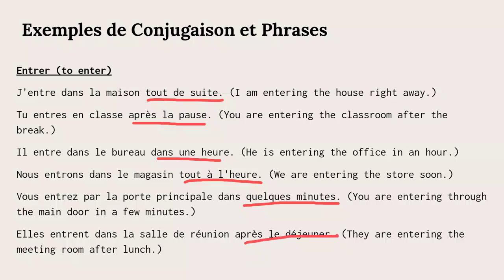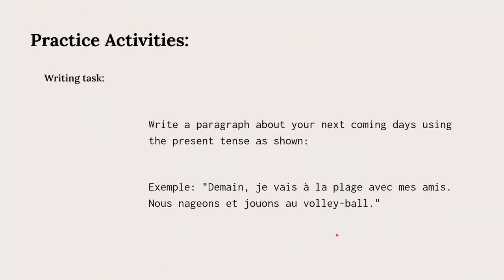Okay? So that's it. Two ways you can speak about future events. You can either use the futur proche, the near future tense, or you can use the present tense with a time indicator just to indicate something that will happen, which is scheduled, which is planned, already certain that's going to happen. Talk about the future.